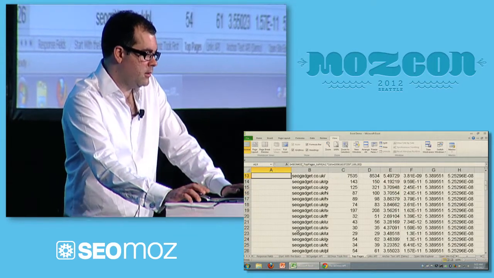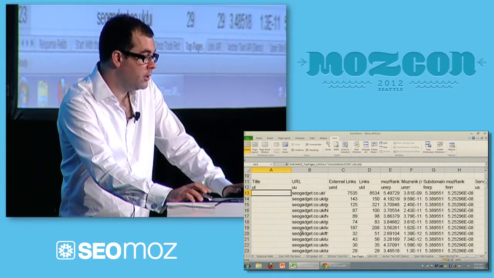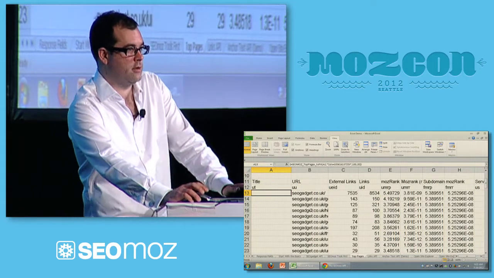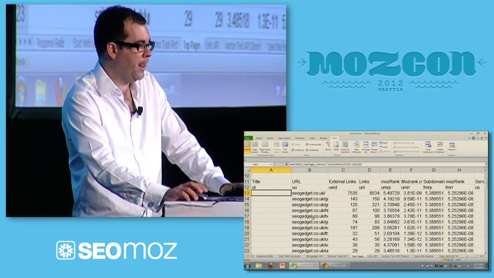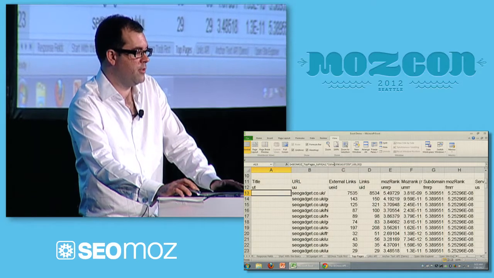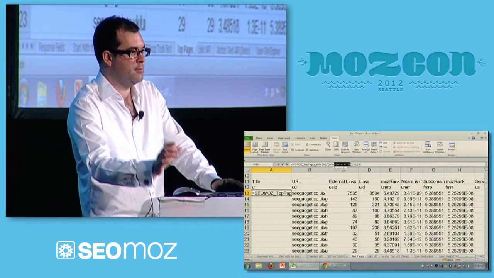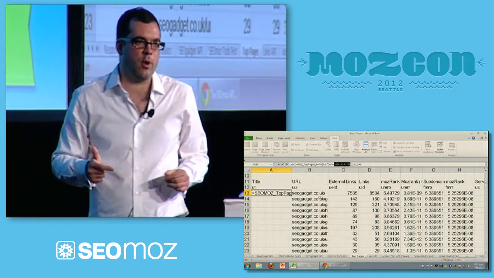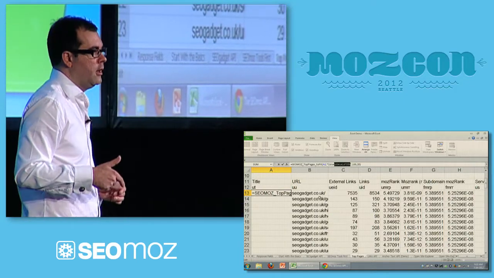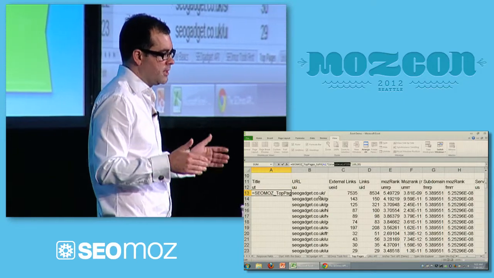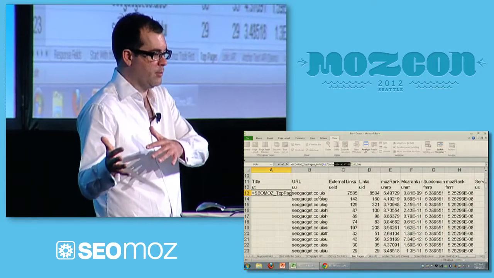So this is the 100 top linked to pages on seogadget.co.uk. That cols number there is the sum total of all the bit flags that you can request in the free API. I think the full number adds up to like 13 something.